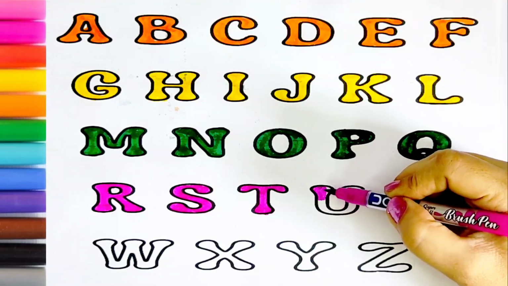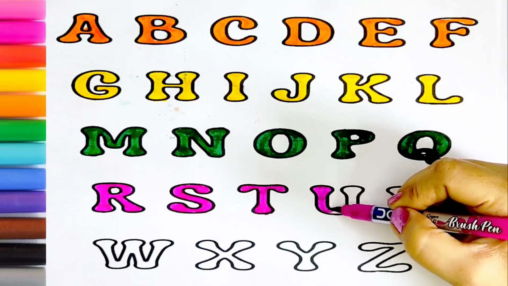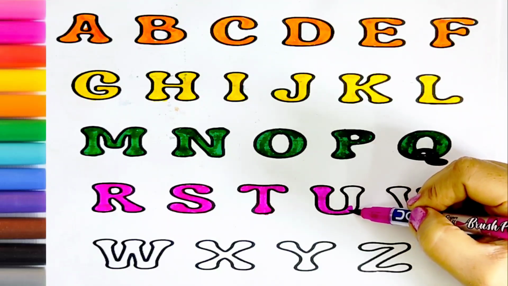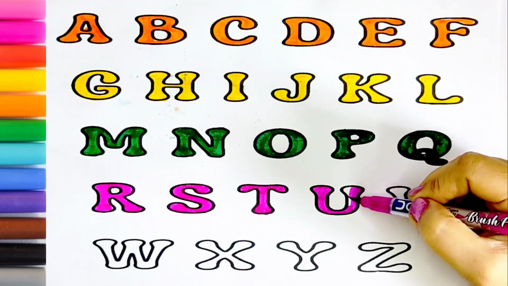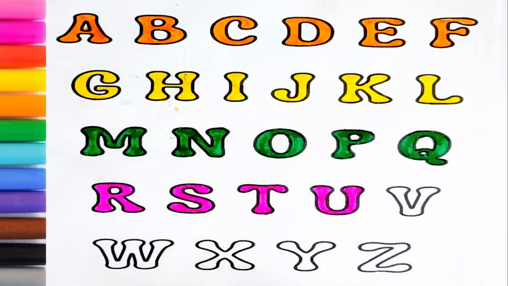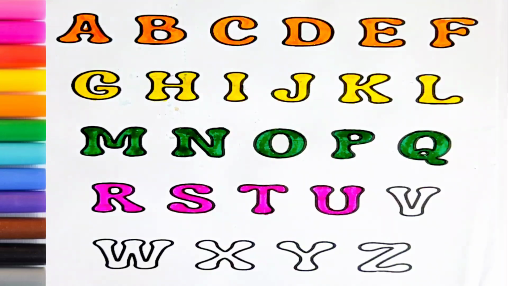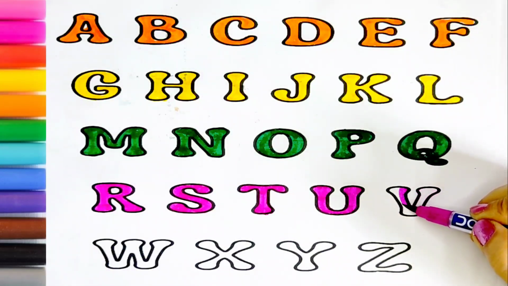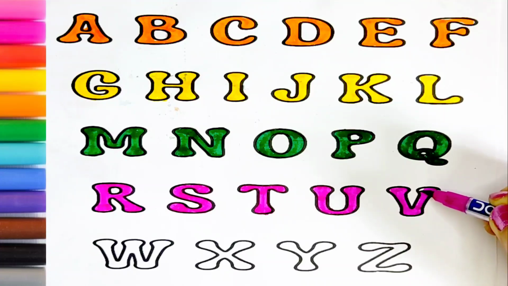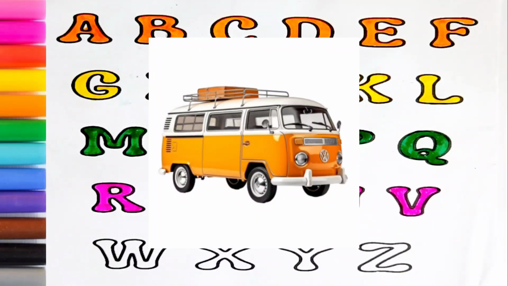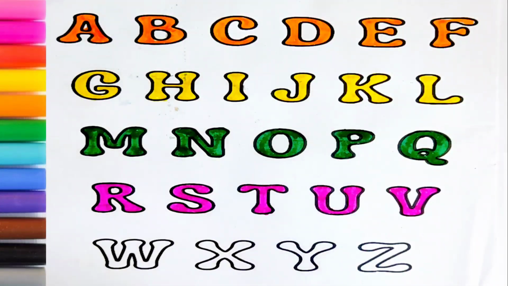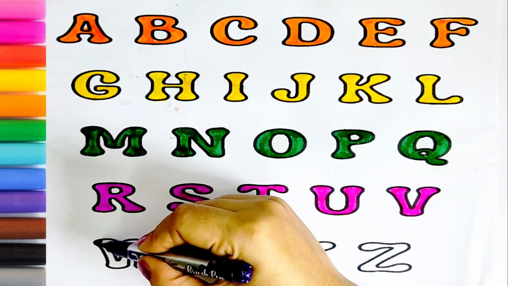U, U for umbrella. V, V for fan. Purple color. W,